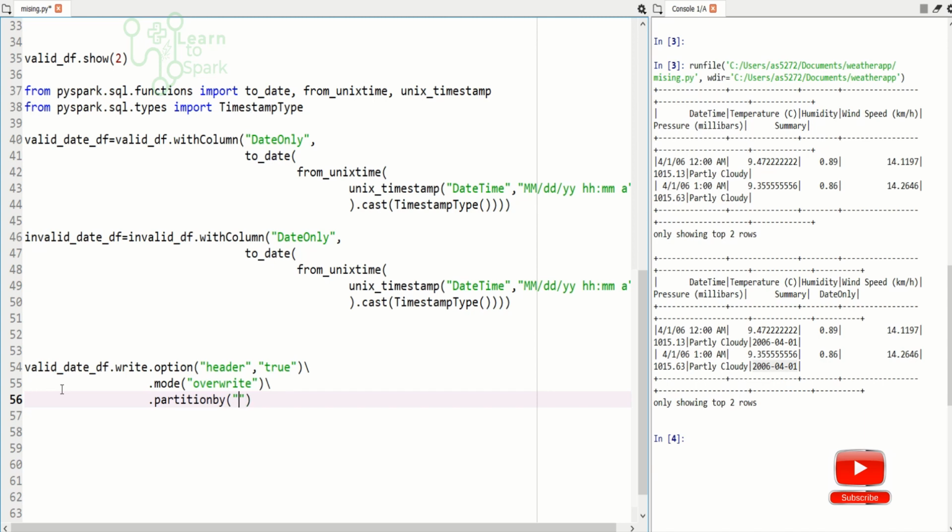I will give the column name as date_only, and finally we will be adding the path.